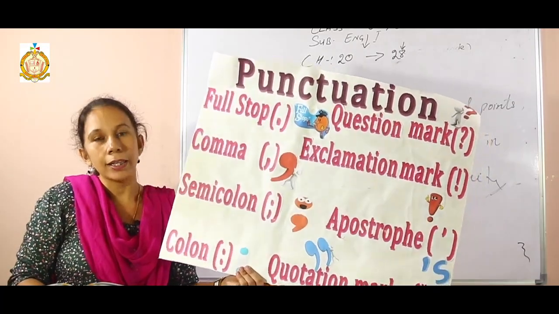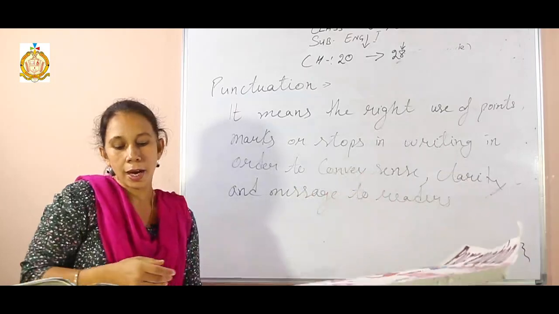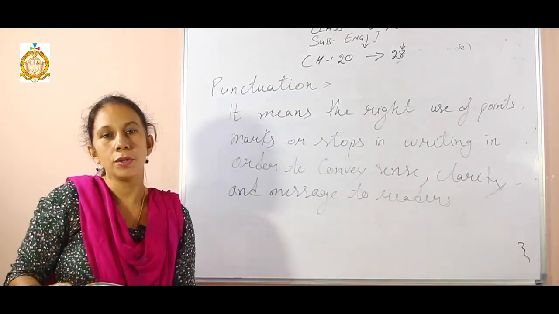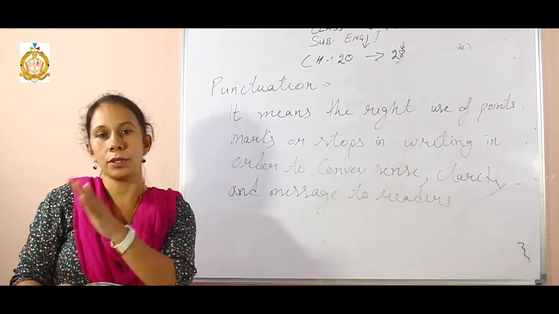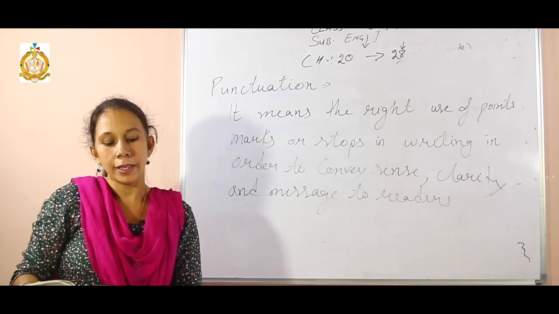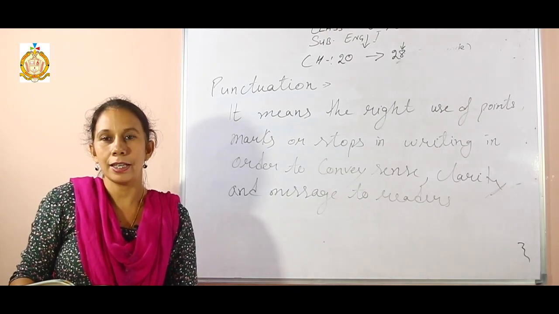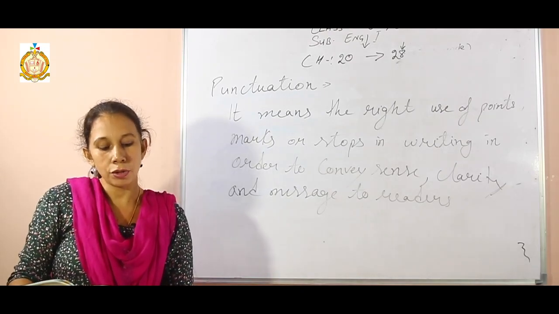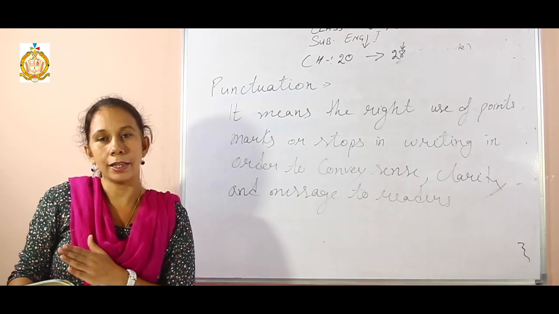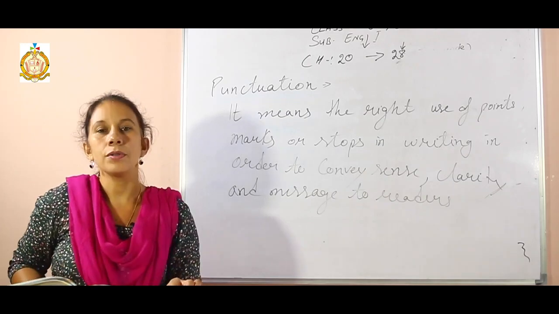So some others are there: dashes, hyphen, parentheses. Dashes are used to mark a sudden change of thought. When you change your thought from one to another, then you can use a dash. For example, there are many flowers in the garden, roses, lilies, dahlias, tulips. And the hyphen is a shorter line than the dash. When you need a line shorter than a dash, you can use a hyphen.